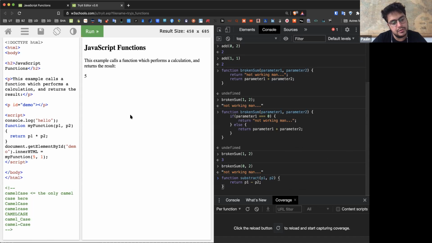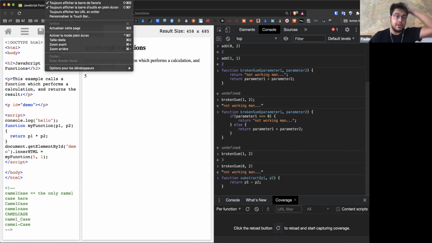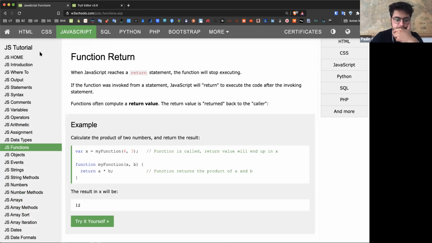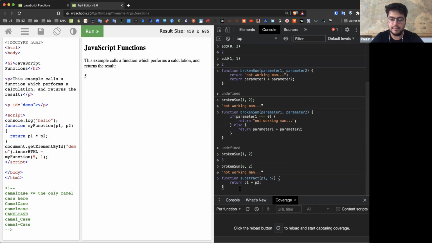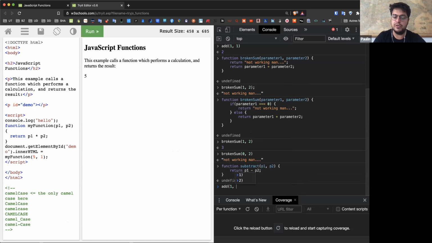Param equal accepts values. Okay, so back to that part. We saw the return, that after the first return statement, the code will stop executing, right? So, if the function was invoked from a statement, JavaScript will return to execute the code after the invoking statement. So what that means is,